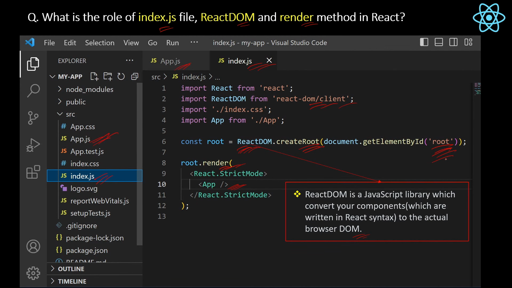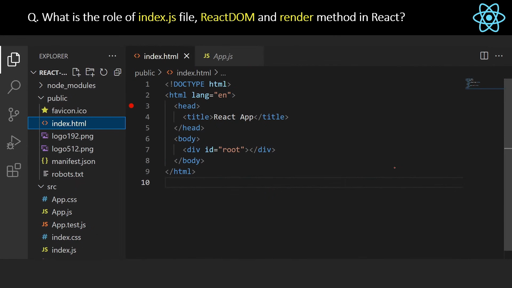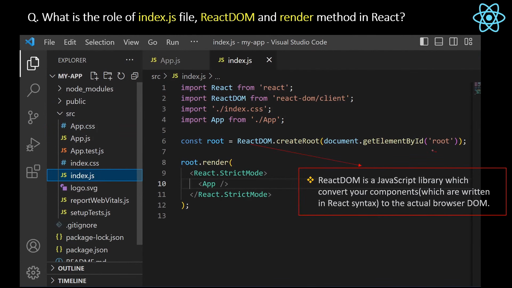Okay, so basically what we are doing here, in short, we are creating the root element again. If you remember, we have only one element inside the body tag with the ID root in the index.html, right? This is the root element. So what we are trying to do in the index.js file, we are trying to replace this root element with the new root element, which will be having all the components. Okay, so when the application runs, this root div will be replaced by the root element we are creating